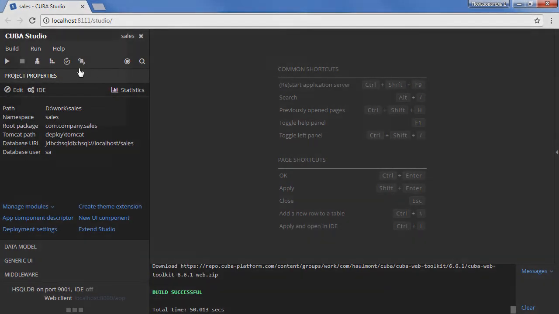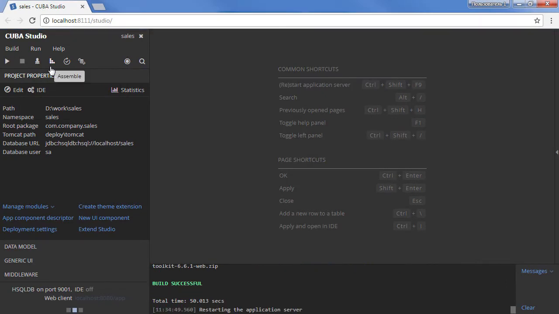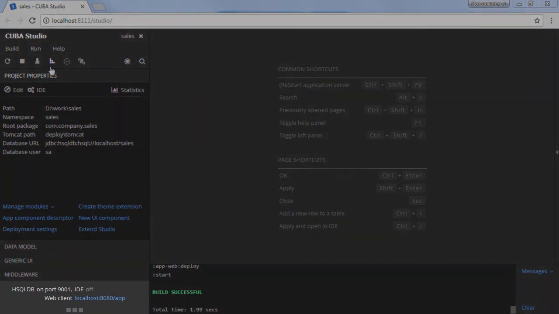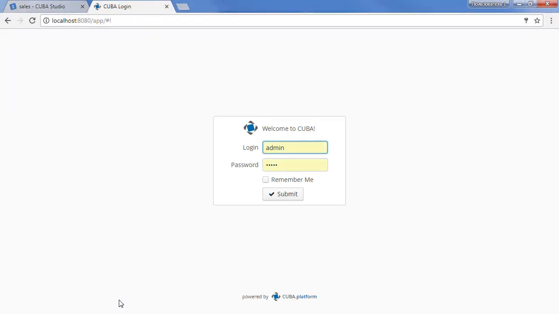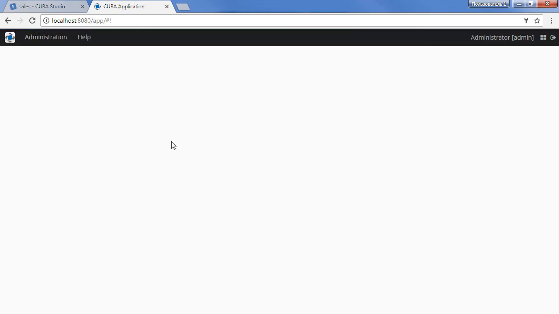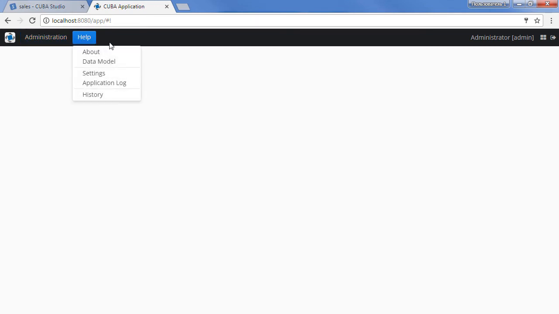Select Run, Start Application Server. A few seconds later, the link next to the application label will become clickable. Use it to switch to the application directly from Studio. The username and password are admin. They are filled in by default. The running out-of-the-box application contains two main menu items, Administration and Help, as well as the functionality for security and